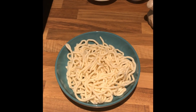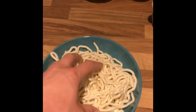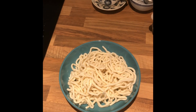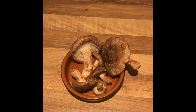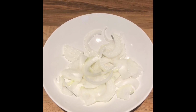So for 2 servings then you'll need 300 grams of udon noodles. These are the wok ready udon noodles. They're already partially cooked. You can get the dried ones, but I'd recommend using these wok ready udon noodles. 2 chicken breasts, 3 or 4 white cabbage leaves, 5 or 6 shiitake mushrooms, 1/2 of a white onion chopped,